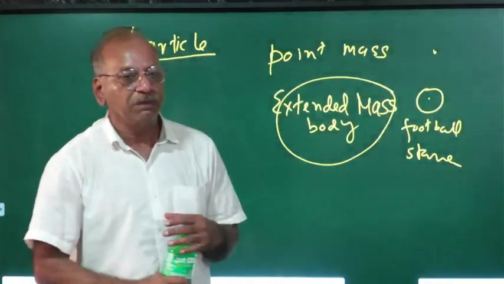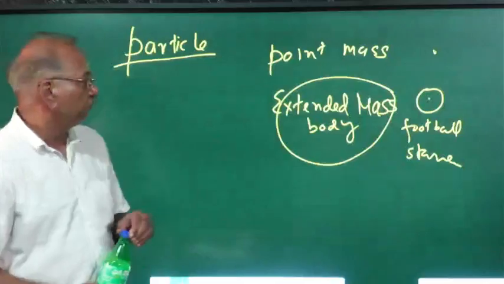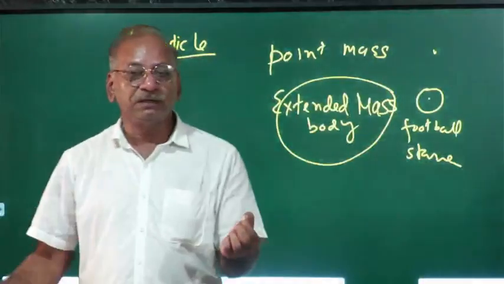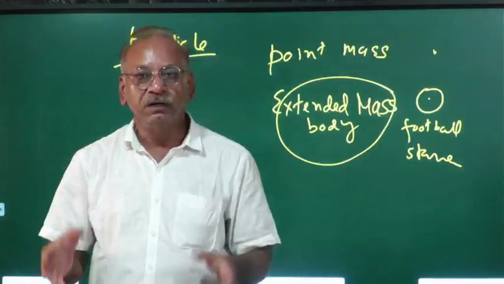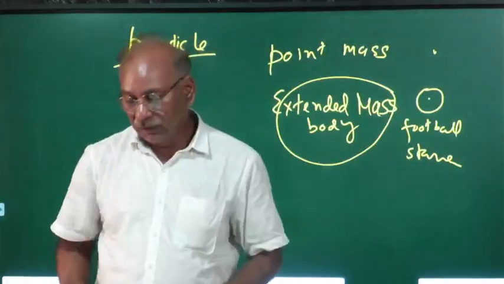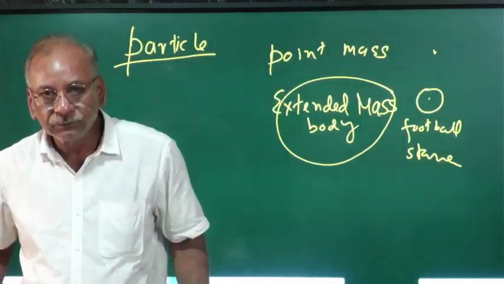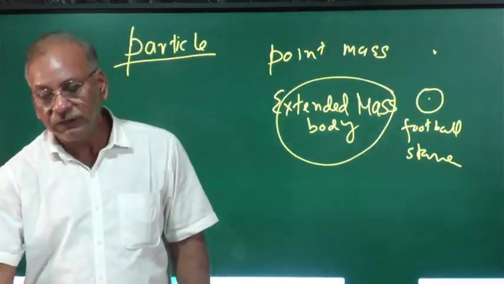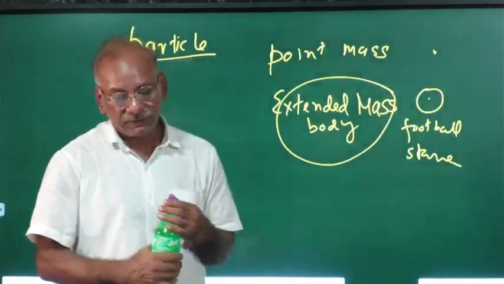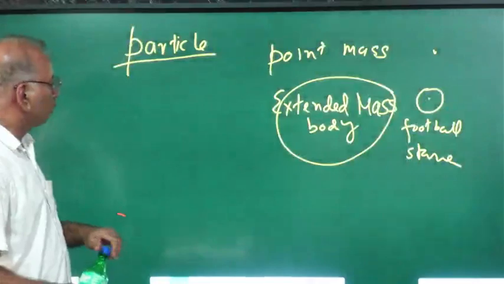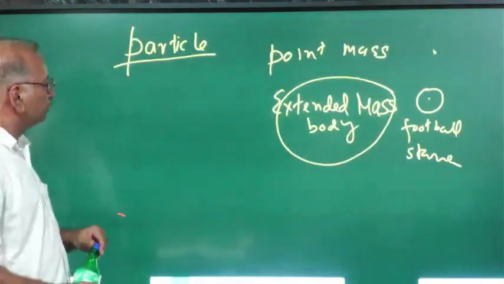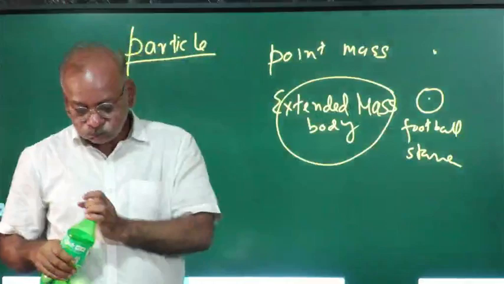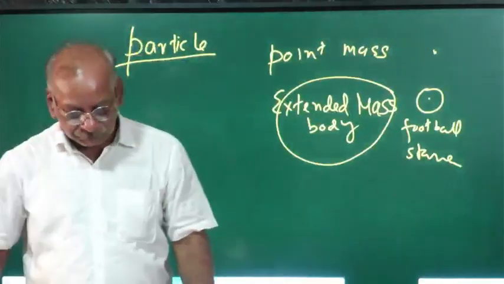When we are talking about a particle on which some force is acting, it doesn't mean a very small particle. Practically, it is not possible to apply a force on a particle. So it is supposed that the mass is concentrated at the center of gravity or center of mass of some extended body. That's clear. So what Newton's first law is telling is